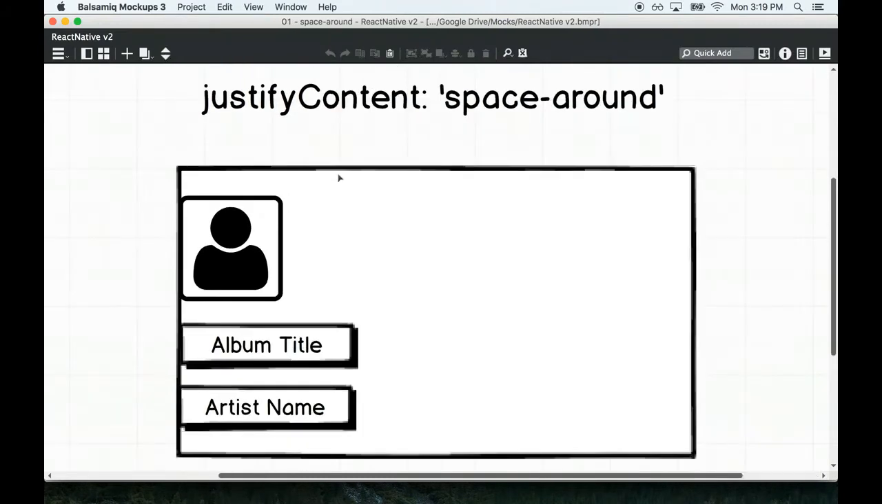Lastly, space around. Space around is much like space between, but it also allocates space ahead of the very first item and after the very last item as well. So in theory, each of these white spaces in here, 1, 2, 3, and 4, should be completely equal whenever we're using space around. So as we've just seen, there's a lot of different rules available for justify content,